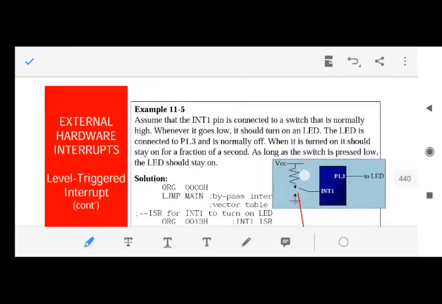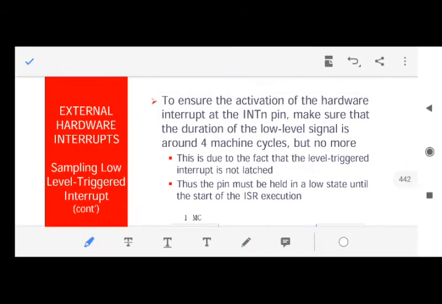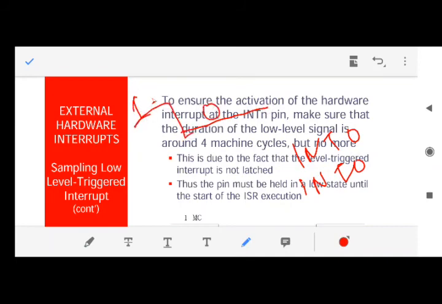Fine. So now if you are using these interrupts, INT0 and INT1, as level triggered, level means you are checking whether the level is 0, because it is already 1. Fine. If you are checking whether the 0 remains there for some time, if you are using it as level triggered, then this 0 should remain for some time.